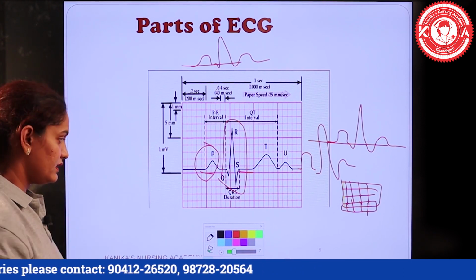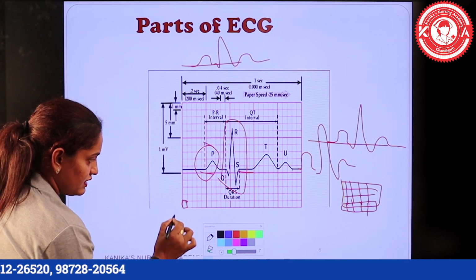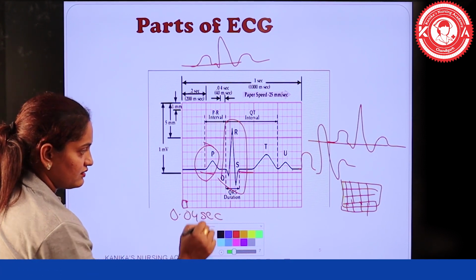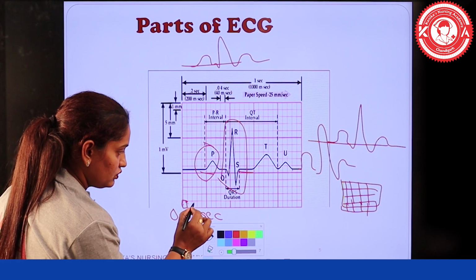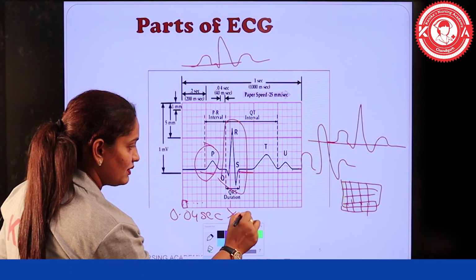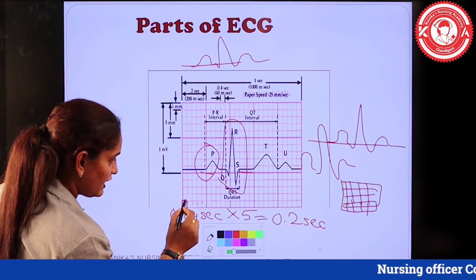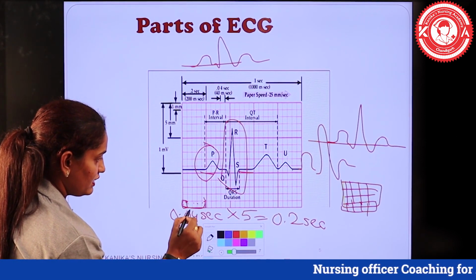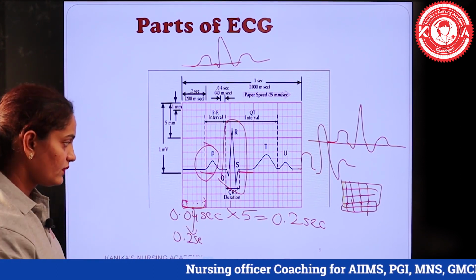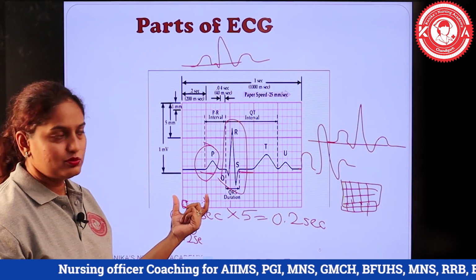So अब हमें यहाँ पे क्या ध्यान देना है, each of these small boxes, the time interval of this small box is 0.04 seconds, and since there are 1, 2, 3, 4 and 5 boxes in a large box, तो हम इसको 0.04 को मल्टीप्लाई कर देते हैं 5 से, तो हमारे पास आता है 0.2 सेकेंड्स. तो ये जो बड़ा बॉक्स हमें दिखाई दे रहा है, ये पूरा इसका टाइम पीरियड है 0.2 सेकेंड्स. ठीक है, ये छोटा बॉक्स is 0.04 second and ये कंबाइन बड़ा बॉक्स is 0.2 seconds.